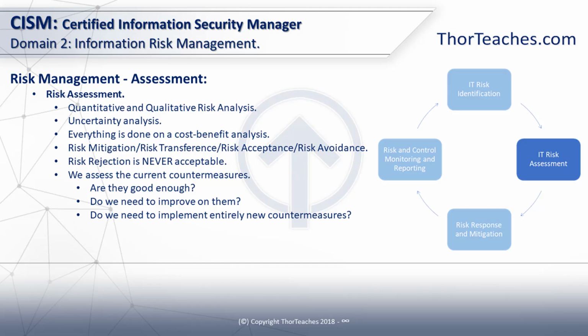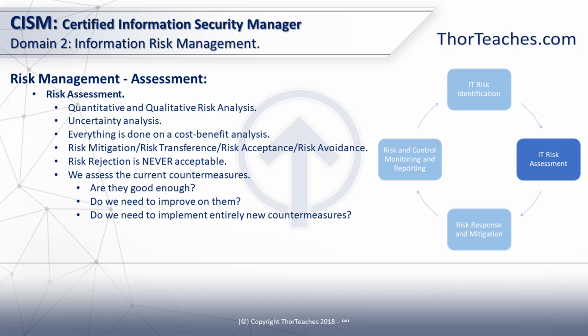We can also choose to recommend risk acceptance. If the risk costs us $250,000 a year, but the countermeasure is going to cost us $1 million, maybe we should just live with it. And then finally, we can recommend risk avoidance. I will also have an example of that. This is us determining that laptops lose us $1 million a year, and we then stop issuing laptops. Then we avoid the risk.